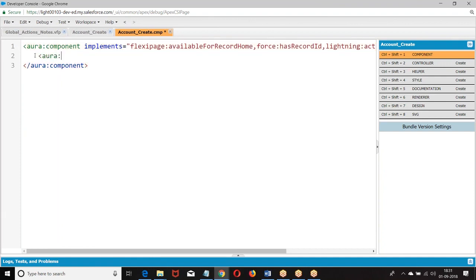How do you create an LDS? Tell me. How do you create an LDS? Your attribute.